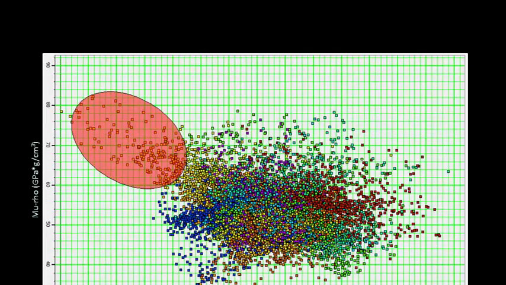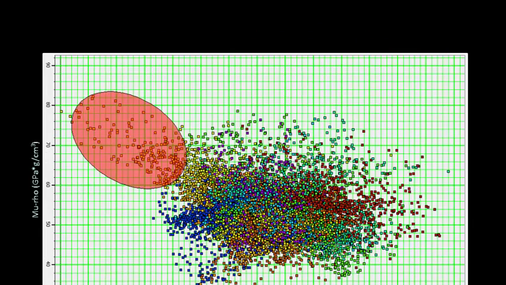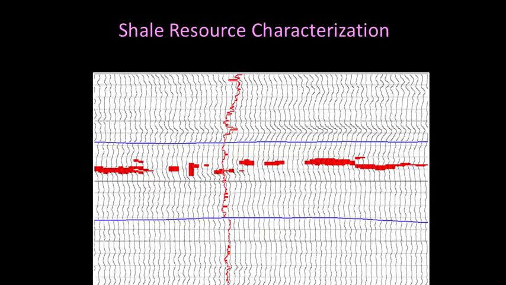And notice you have a better separation of these points here. That is what you would probably like to pick up: low lambda rho and moderate to high mu rho values, not very high values, because we are not talking about just the gas here. And when you back project these points on the vertical seismic, it highlights this on the Rickman's workflow, and it gives you something like this on the new workflow. So there is more detailed information that you can pick up here.